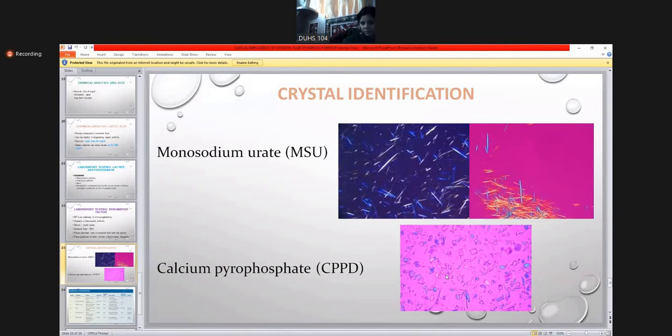Besides this, beta, corticosteroid crystals can also be present in the synovial fluid, in which case the patient is taking an intra-articular injection of the corticosteroid, right? In arthritis, we all know the treatment of arthritis, and in osteoarthritis most patients take the intra-articular injection of the steroid. Okay? So in that case, corticosteroid crystals may be present in the synovial fluid.